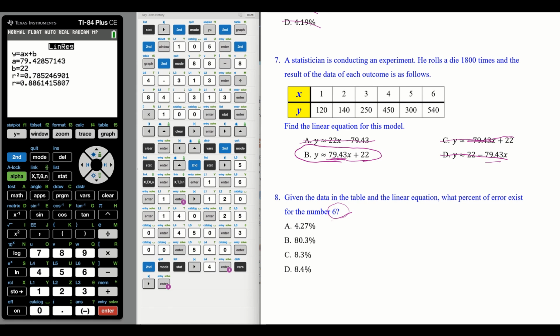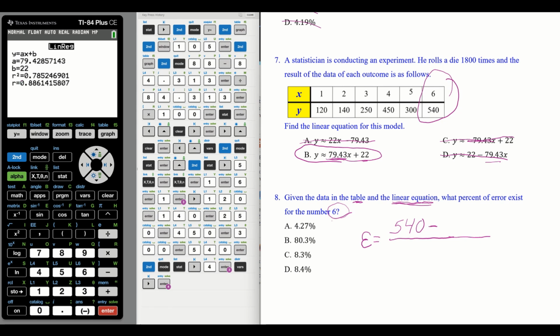All right. So let's look at number 8. Okay. This is a little different. Given the data, okay, we have the table and the linear regression. What percent error for 6? What they're saying is you need to use this in your error, okay? So we're going to put E equals, and we want to go with, that's our actual was 540, and then